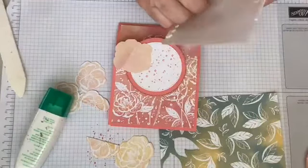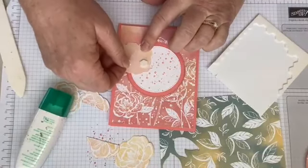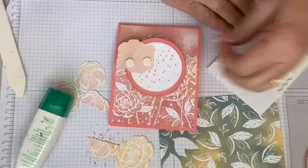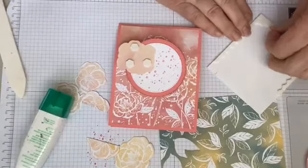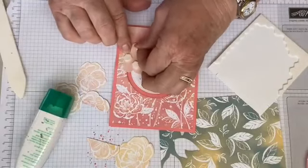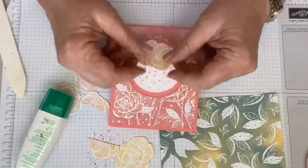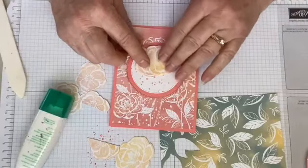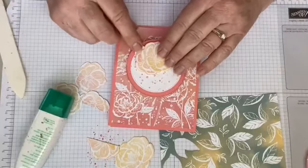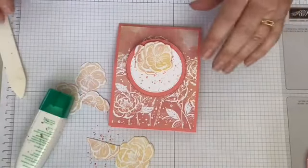So let's get some dimensionals on here. I also found it easier to do what I just did, stick these together first and then get the dimensionals. Okay, so we got that in place. Again, see how I'm not going to go past that. I'm not actually going to stick them down yet